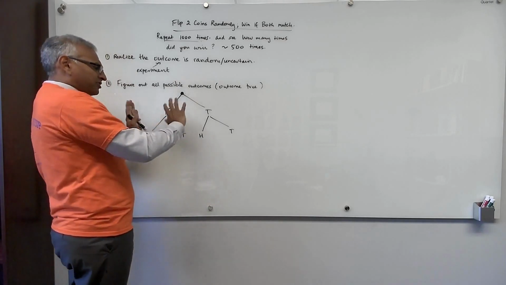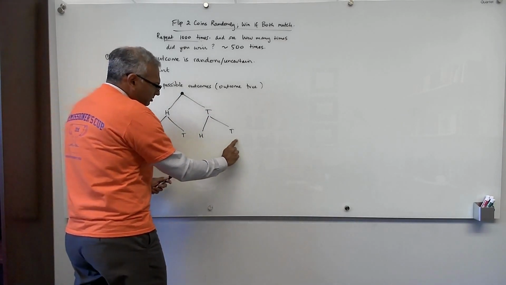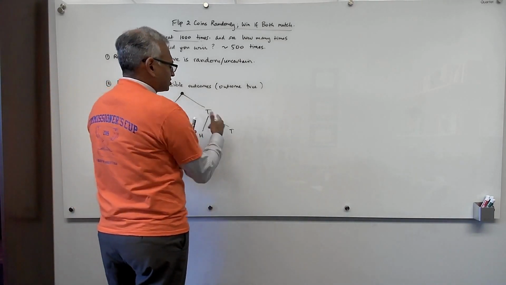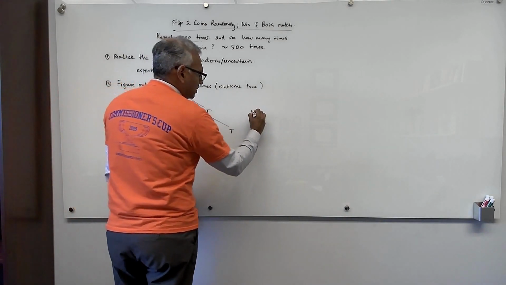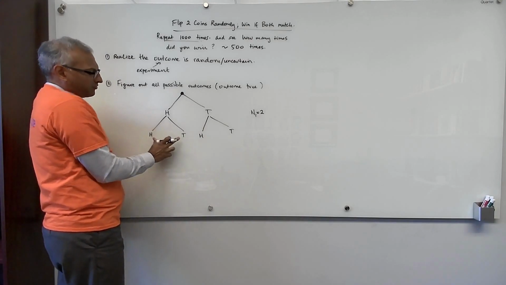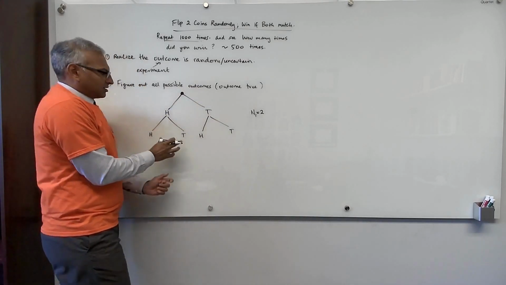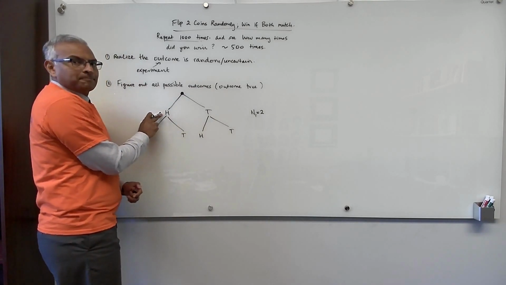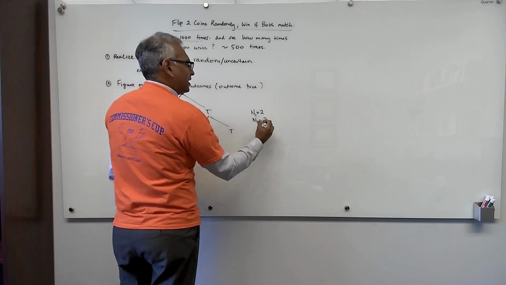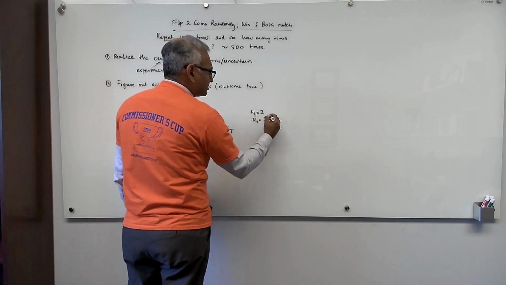But think back to the product rule when we talked about counting, and we were interested in the number of possible outcomes, we just did 2 times 2. So n1, the number of possible outcomes for experiment 1, equals 2, and the number of possible outcomes for experiment 2, the second flip, after you have done the first flip, is 2. So n2 equals 2, and the total number of outcomes when we were doing counting is the product,